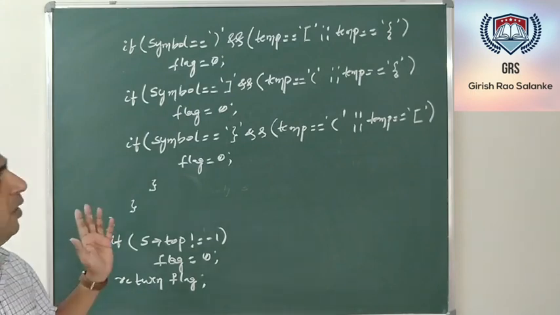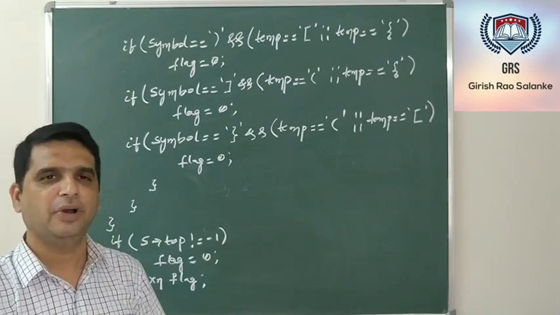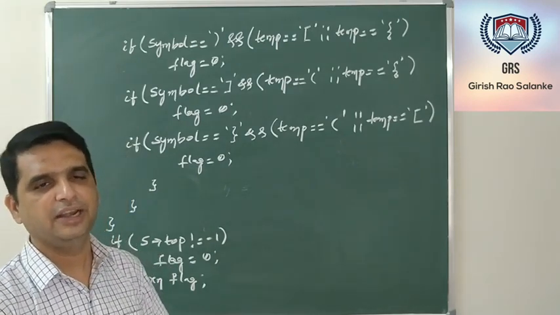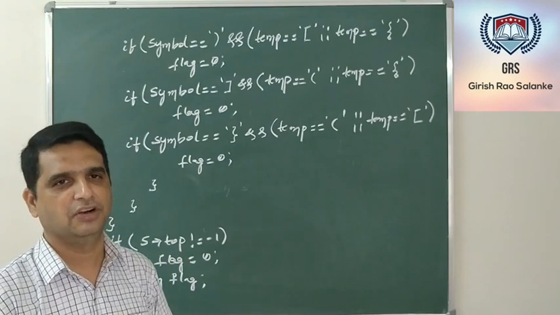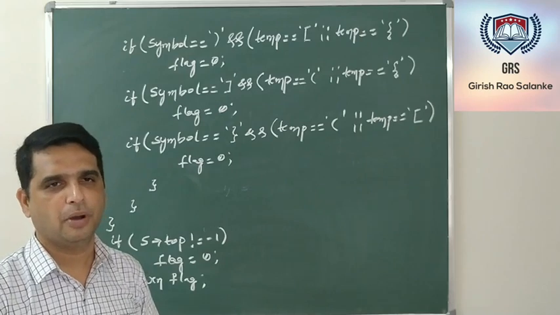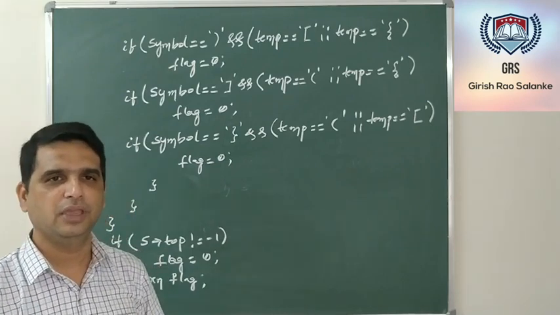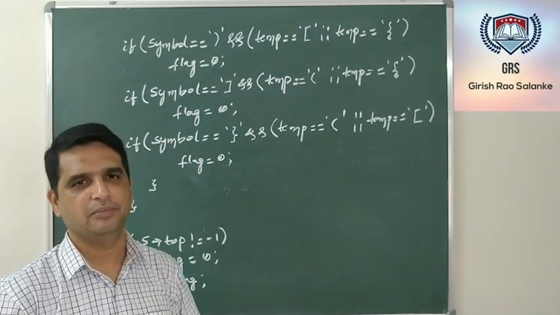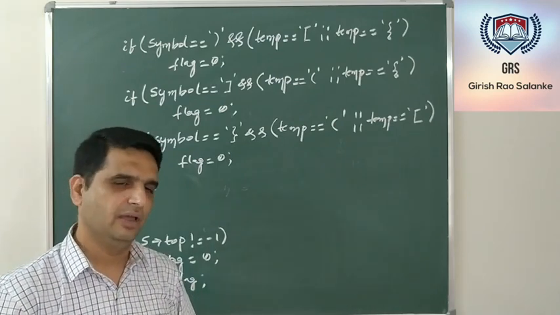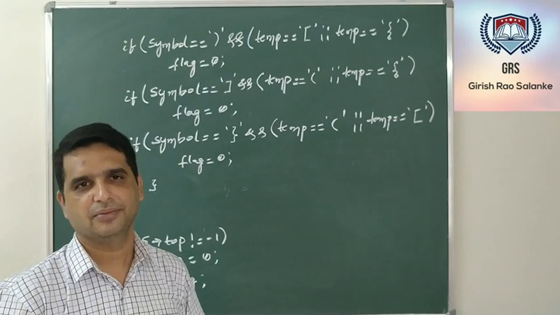Hope this is clear. Now you are supposed to call this particular function in your main, and in your main function you should read the input expression that needs to be supplied as the second argument to this function. Note that the supporting functions for this function are push and pop. You are supposed to write a push function as well as a pop function, wherein you are pushing a character onto the stack as well as popping a character from the stack. We have discussed push and pop in the earlier video. You can check my earlier video wherein we pushed some characters and popped some characters from the stack. Hope this is clear.